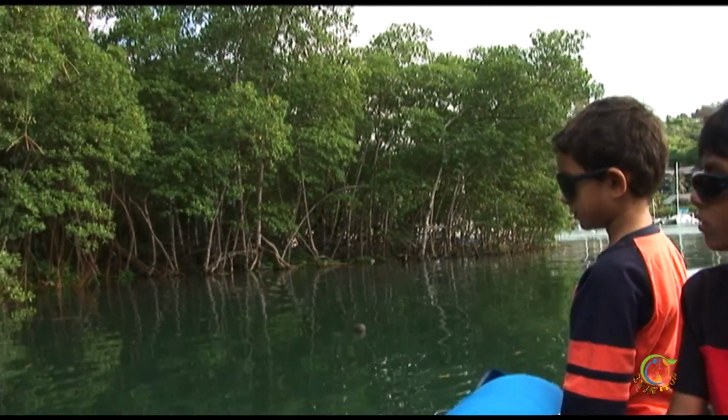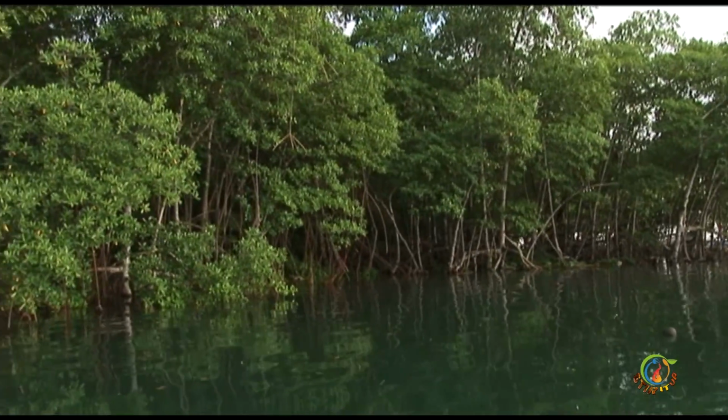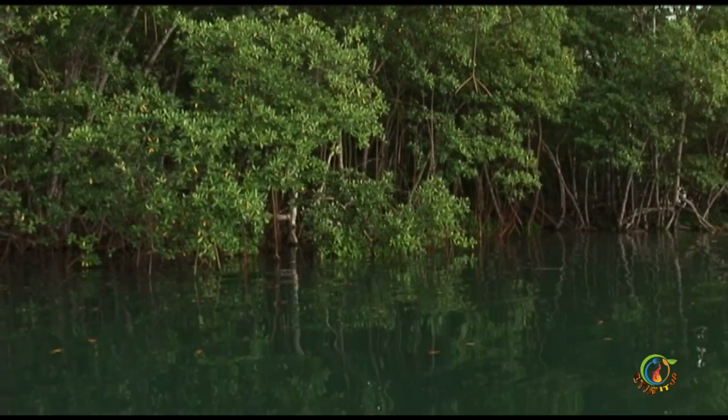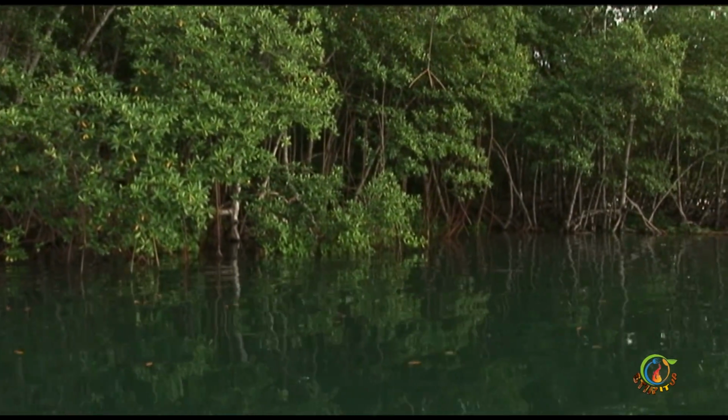The mangroves are one of the few trees that can grow in salt water. This is salt water? Yeah, this is all salt water. But can they grow in